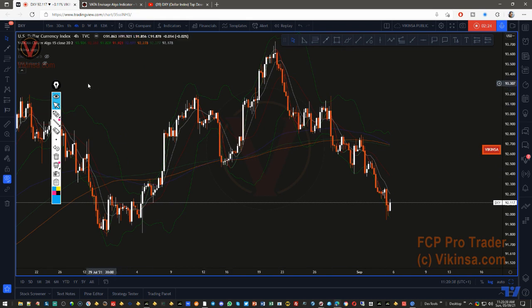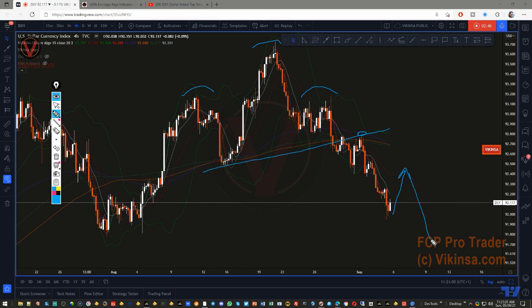Before we come to that, this is what I indicated to our FCB students: we had a head and shoulders pattern as well, and the market has actually broken through the neckline. It got tested here and then the market has been falling down. Now it is quite obvious the market may actually go back up a little bit before falling down any further.